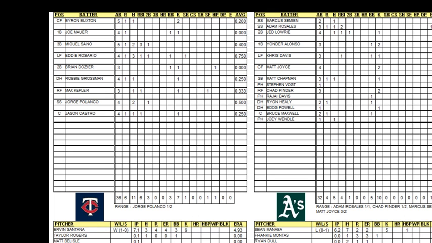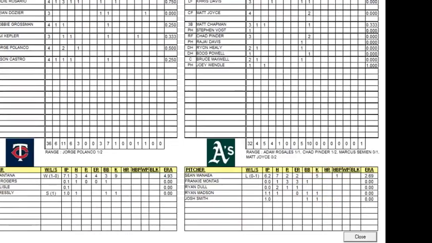Oh, hold on one second. Saving game statistics. Let's view the stats. So final score here,